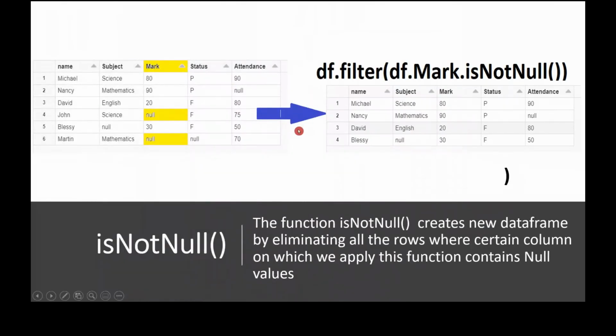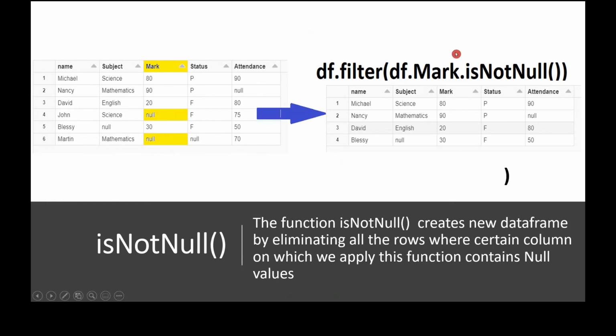The next function that we are going to discuss is isNotNull. This is just the opposite of isNull. isNotNull is used to filter all the records where the column does not contain a null value. I'm using the same example here. The input data frame is the same. For the column mark, we have two records where the value is null.